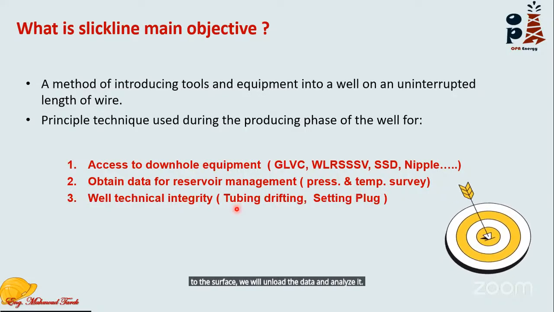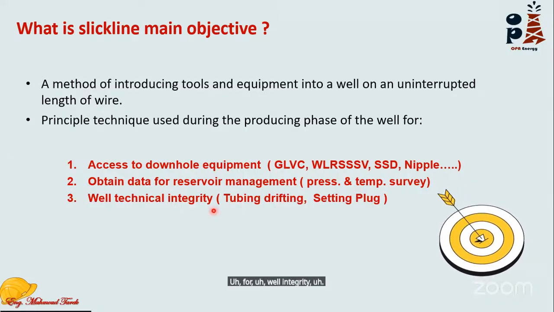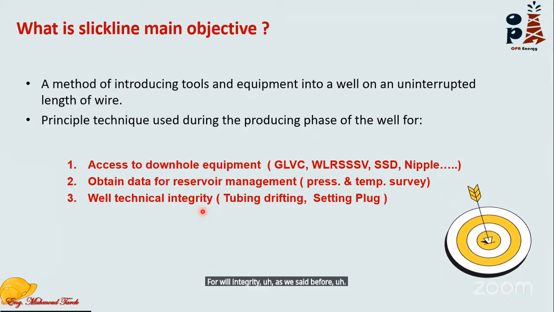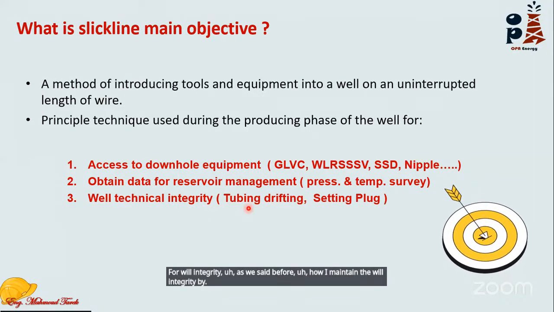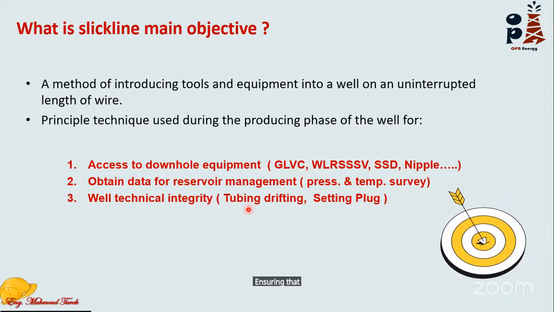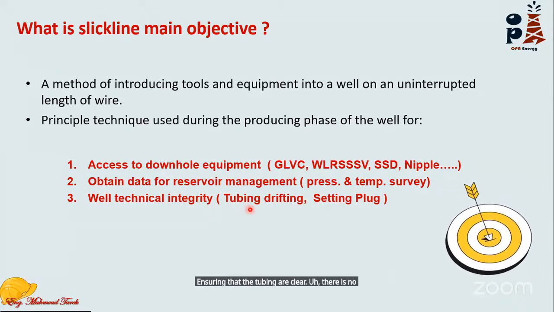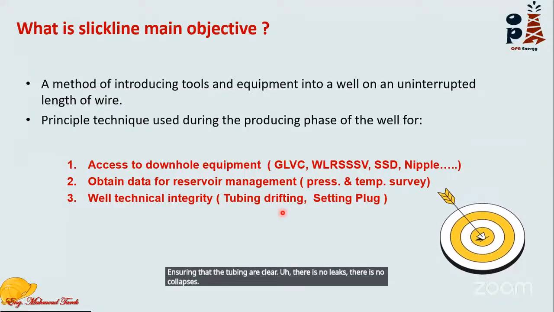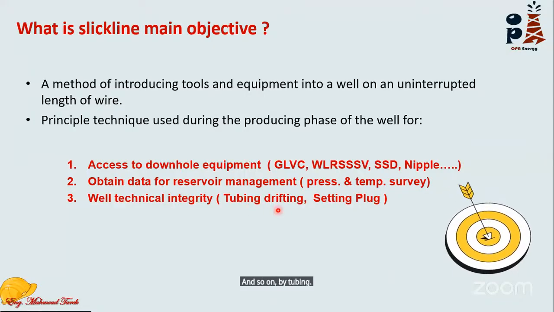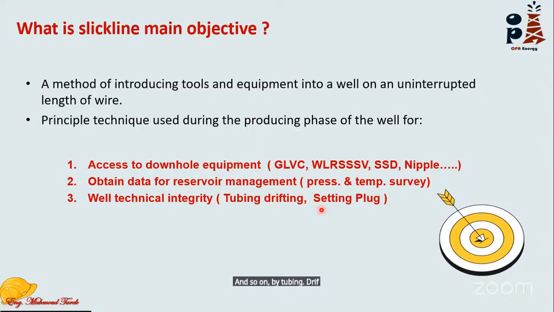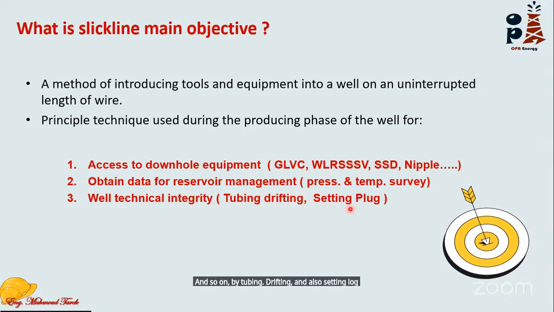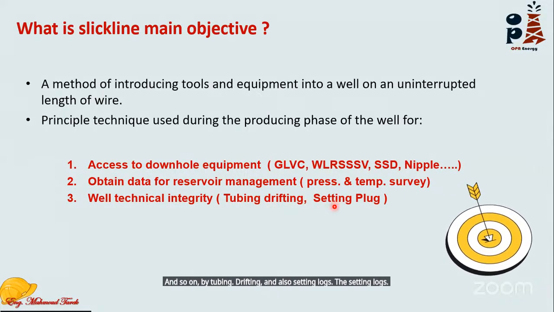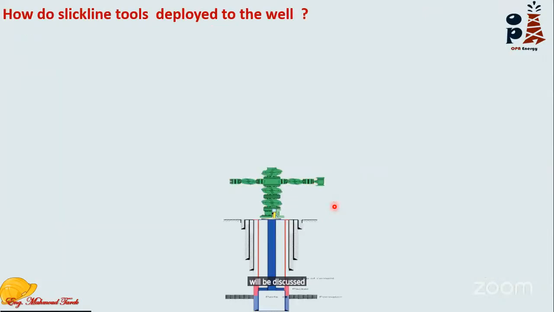For well integrity, as we said before, how do I maintain the well integrity? By ensuring that the tubing is clear, there are no leaks, there are no collapses, and so on, by tubing drifting, and also setting plugs. The setting of plugs will be discussed in this session. But firstly, how can we deploy any tool